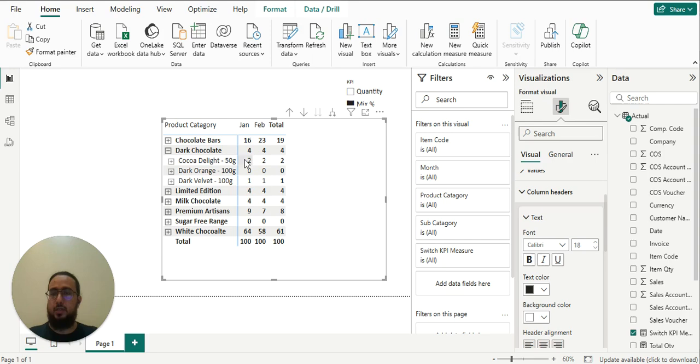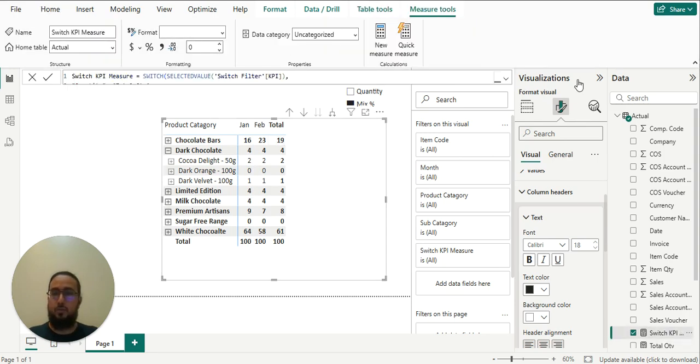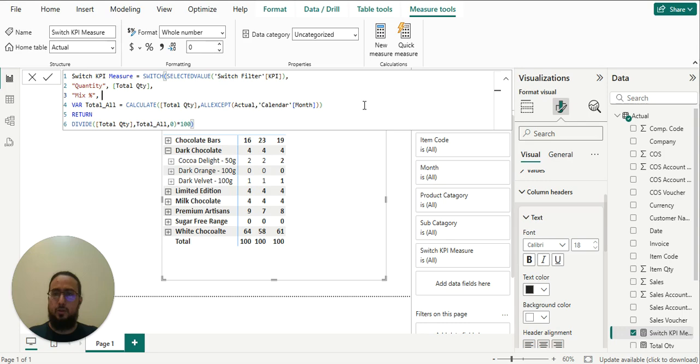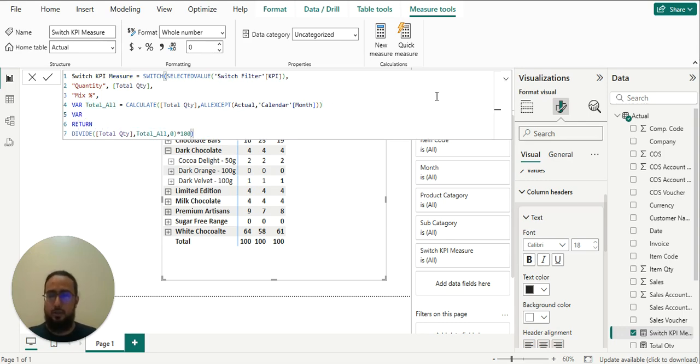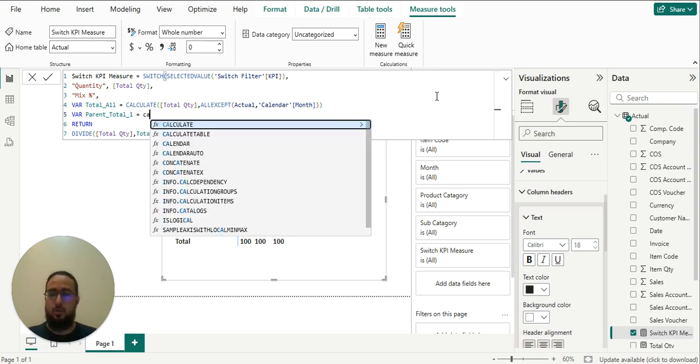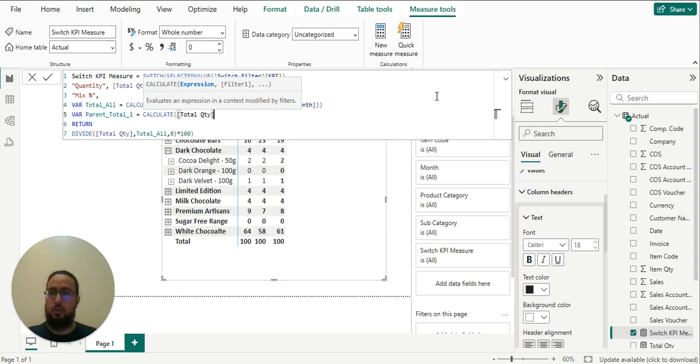What we want to achieve here is to see these as the percentage of parent total instead of the grand total. So similarly, we have to assign a new variable here for the parent total, because now we want to divide it with the parent total instead of the grand total. So we'll just do CALCULATE total quantity